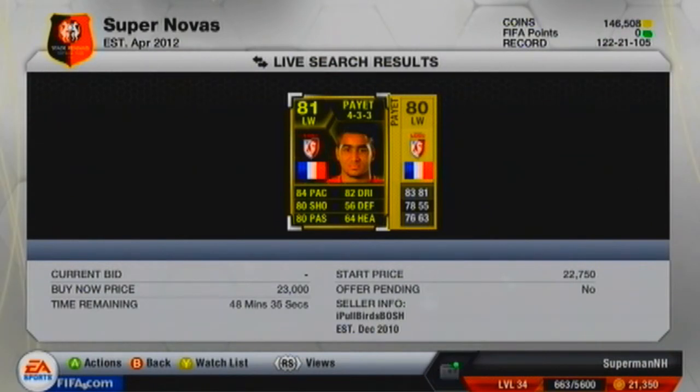So here, one of the things you want to look at is if there's a really low buy now, and you're trying to see what you want to put your price up as, or if you want to bid on something. Like, say if I bid 22,000 on him, and I wouldn't get much profit. But since this has been up for about 12 minutes, if this was say like 10 minutes and it was 23,000, then you want to put it lower than 23,000, because if you think about it, someone should have bought it within that